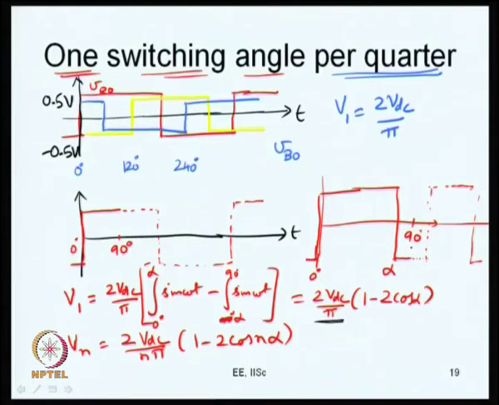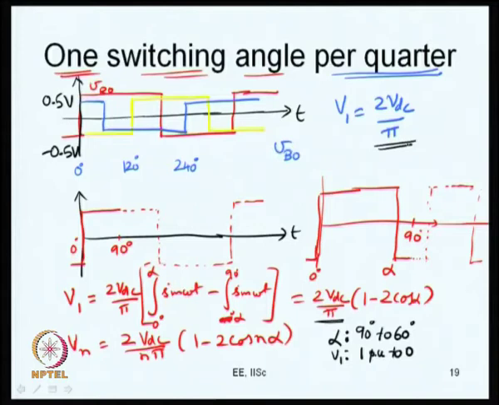And as alpha is reduced from 90 degrees, let us say made 89 degrees, you get some amount of V1. So, as alpha is reduced further and further from 90 degrees, your V1 goes on changing till what? When your alpha is 60 degrees, 2 cos alpha is 1 and 1 minus 2 cos alpha is 0. So, alpha can be varied over the range 90 degrees to 60 degrees, and your fundamental voltage correspondingly will go from 1 per unit to 0. What do you mean by 1 per unit? 1 per unit is the fundamental voltage that you get with square wave operation, this 2 VDC upon pi. This is what I take as the base, and this is 1 per unit.